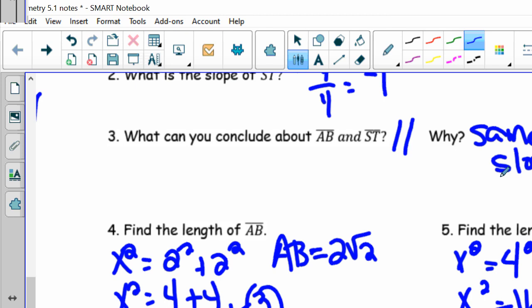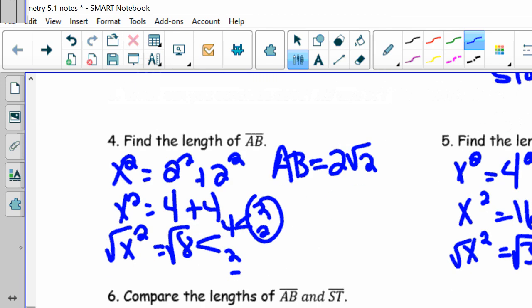So then it says compare the lengths of segment AB and ST. So AB compared to ST. So AB was 2 square roots of 2. ST is 4 square roots of 2. So we want to know, how do they compare? So what would I have to do to ST to get AB? I would have to cut it in half. So I could say that AB is equal to half of ST. Or if we didn't want a fraction, we could say that ST is equal to 2 times